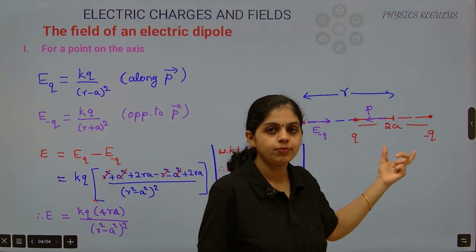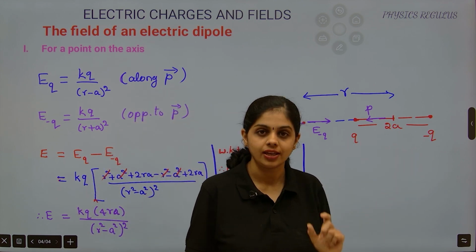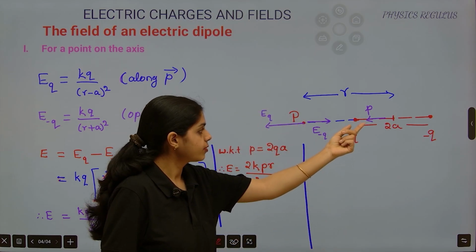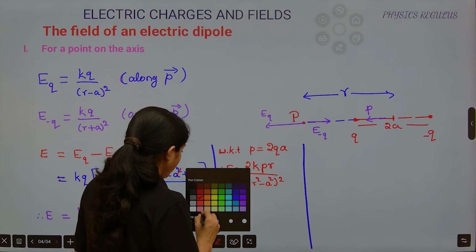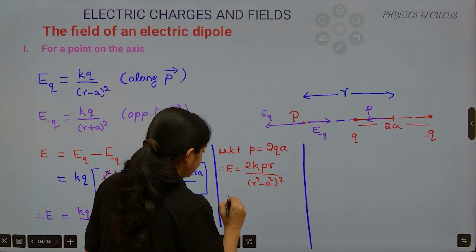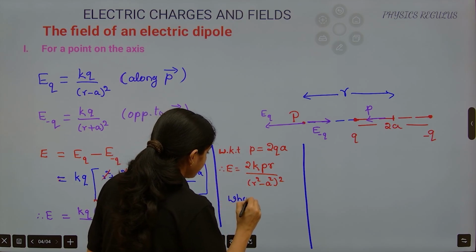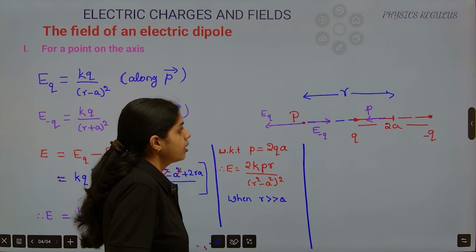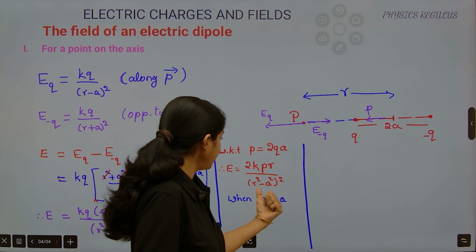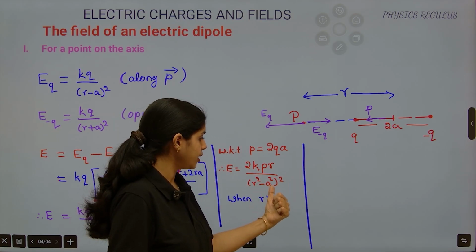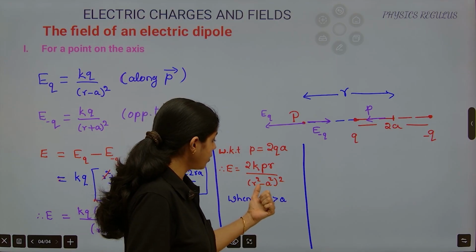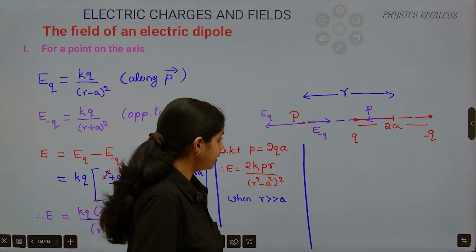Here, the separation between the two charges is very small compared to the distance r. Therefore, when r is far greater than a, r square will be much greater than a square. Hence, you can neglect a square in the denominator. Therefore,